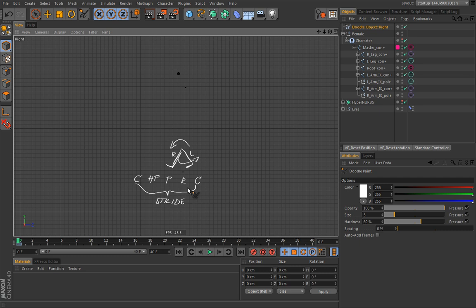Okay? And if you combine this with another stride, like this, then you have a walk cycle. So once again, here would be a recoil pose,